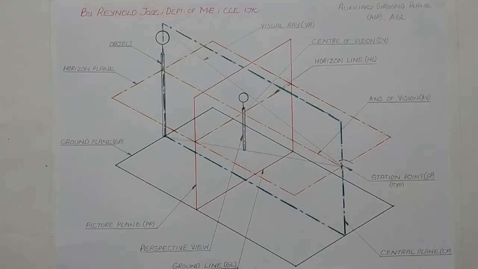So first we have to learn the different types of planes in perspective projection. For the time being, please forget or erase all the things that you have learned in orthographic projection and isometric projection, that is horizontal plane, vertical plane, profile plane, etc. Everything, for the time being, erase it from your mind. Now we shall consider the perspective projection. We have different types of planes in perspective projection.